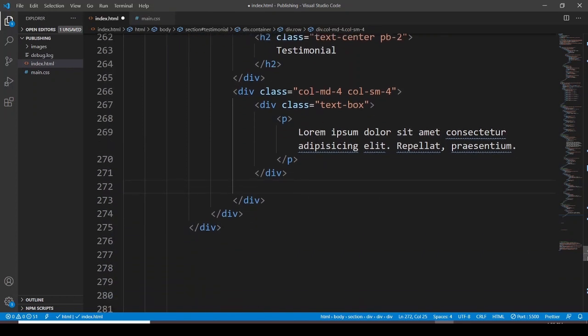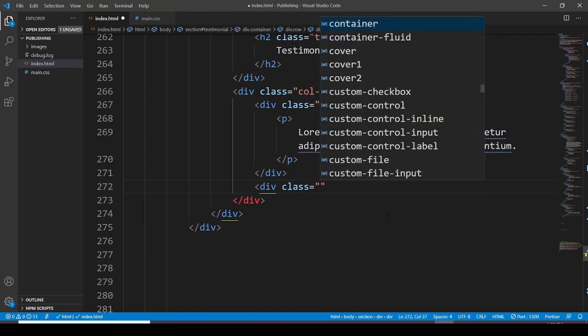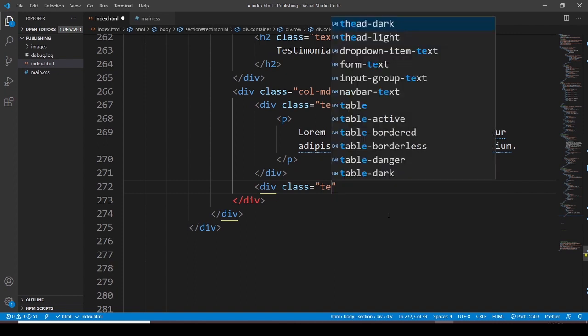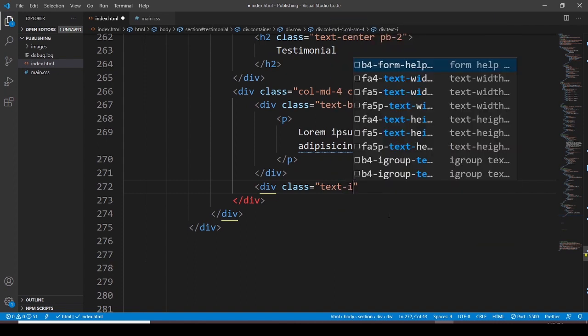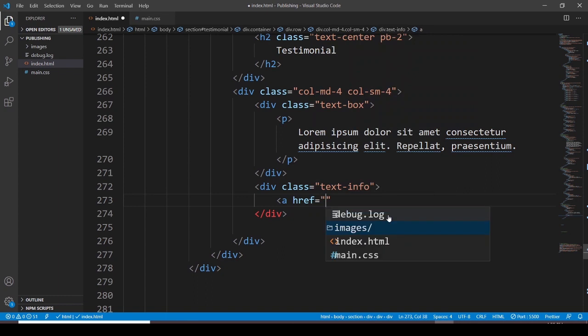Let me bring it here. Then we go with a division again, assigning it a class. This class is going to be text info, and text info is going to have an anchor tag. The link I'm not going to define,